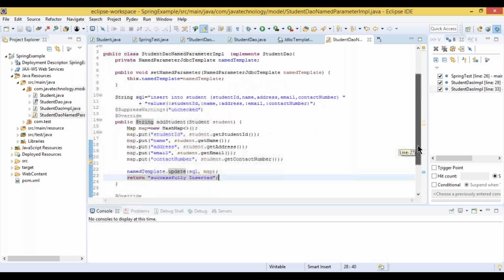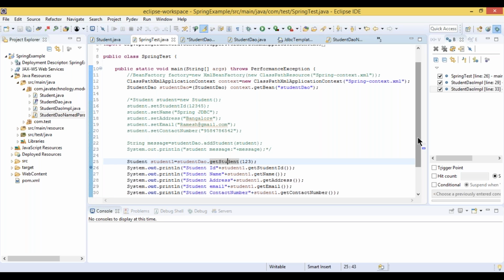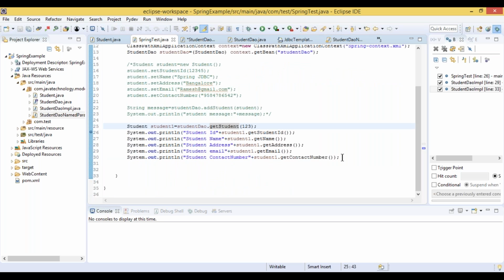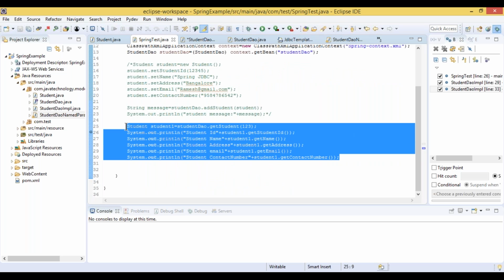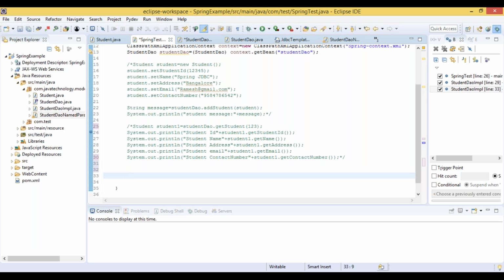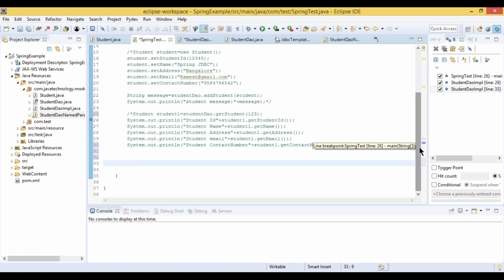So now go to the Spring test. I'm commenting out this entire code because we need to add different objects like